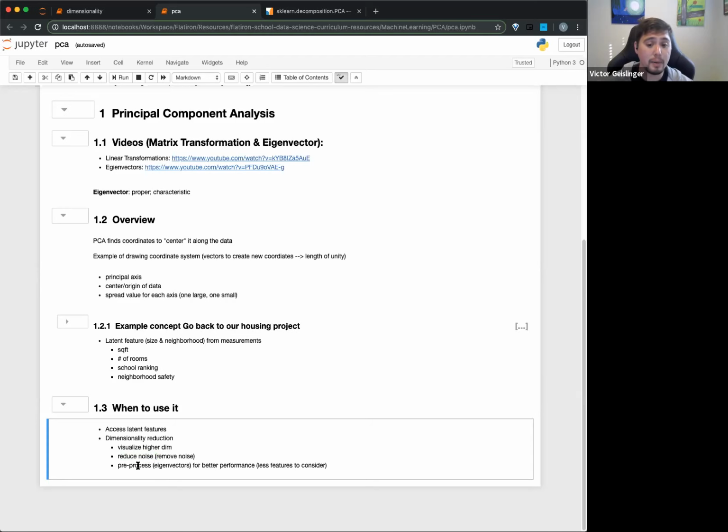And also you can do things like pre-processing. This is really great for other machine learning algorithms. It's very common, for example, to do PCA. So you might standardize your features or your values, doing a standard scaler transformation into basically some value between 0 and 1 or -1 and 1. Use PCA to find the best features, and then train on those features. That can help you get rid of this noise,